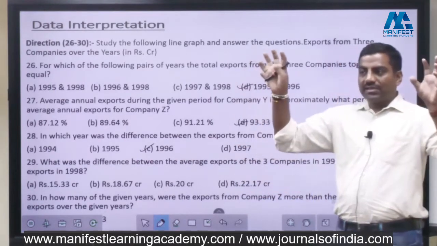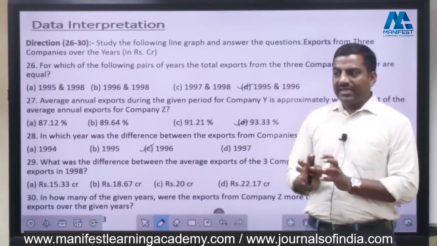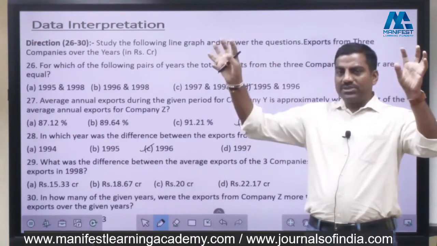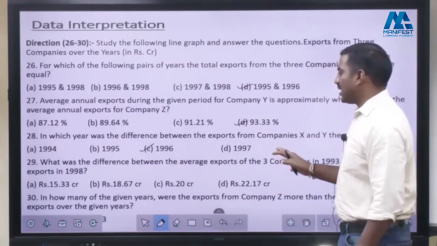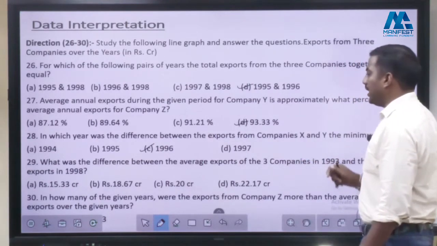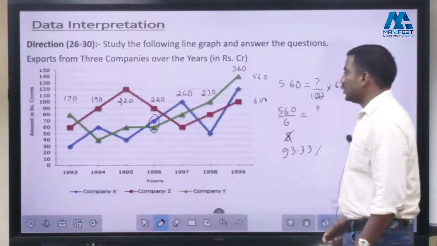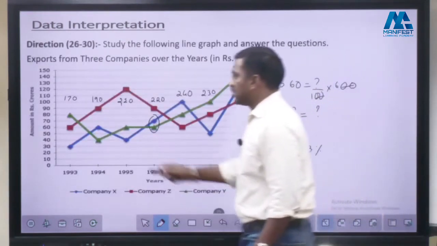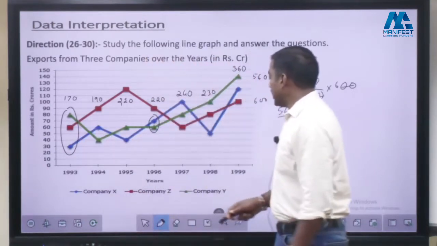Either you take the sums, divide by some divisor individually, then take the difference, or take the sums and get the difference and divide by the divisors. So they are finally asking the average, that is for 93 and 98. 93, what is the total? 170. Then 98,